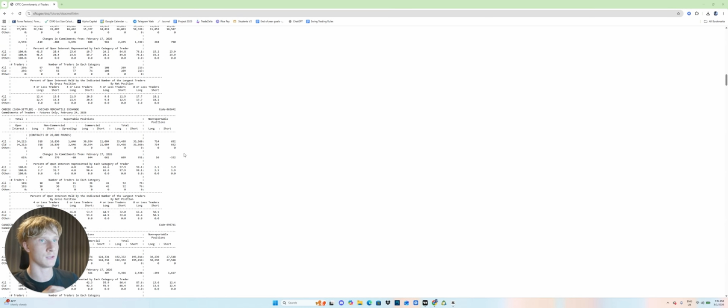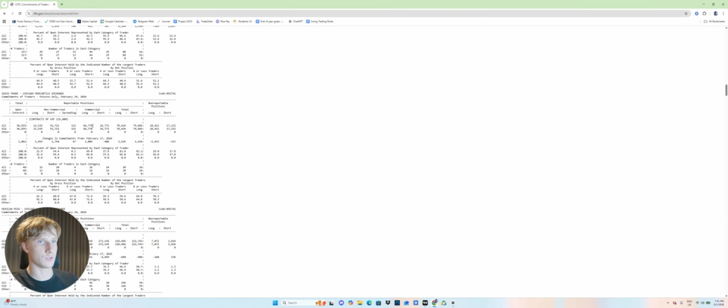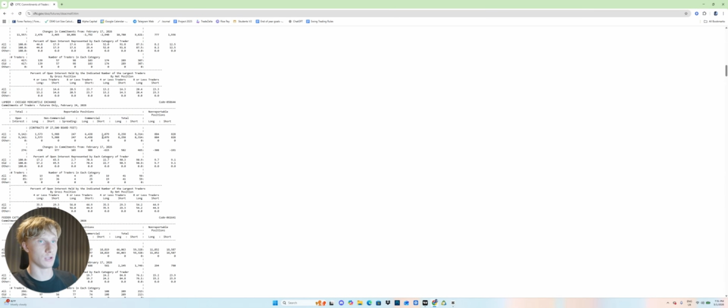Non-commercial is your retail traders, okay? So yeah, it's very confusing when you first come onto here, but don't worry. As I said, we have a tool that we can use, but we literally have everything here. So for an example, Canadian dollar right now, institutional money is more short than long. Then we have Swiss franc, they are more long than short. And we literally have everything here, even cattle and lumber, literally anything that can be traded.